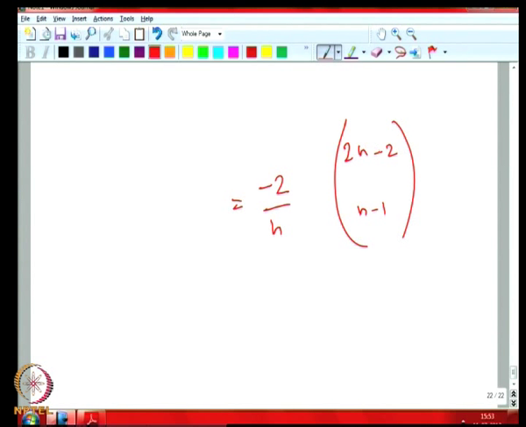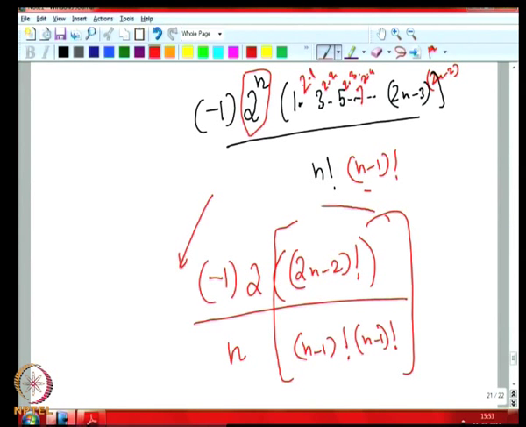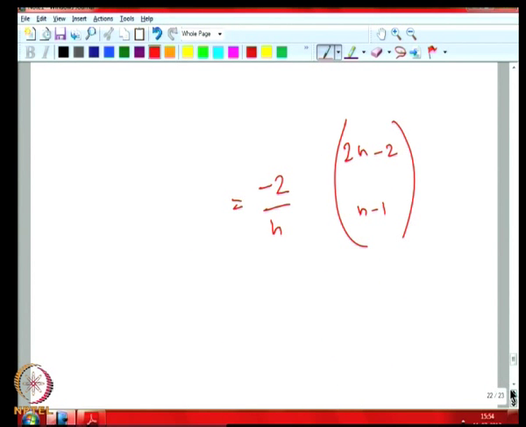This is what it is. So, you can see that 2n minus 2 choose n minus 1 is 2n minus 2 factorial divided by n minus 1 factorial into n minus 1 factorial. This is exactly that term, 2n minus 2 choose n minus 1. So, in principle this is the coefficient of x raised to n in the expansion of this 1 minus 4x. This will be the coefficient minus 2 by n into 2n minus 2 choose n minus 1, coefficient of x raised to n. But this is a negative term and it is a coefficient of x raised to n.